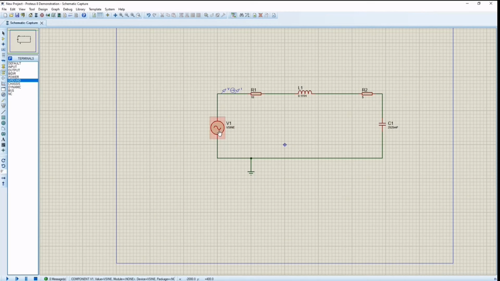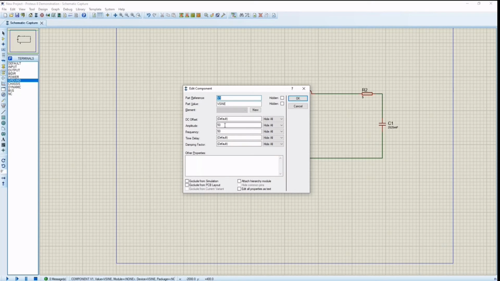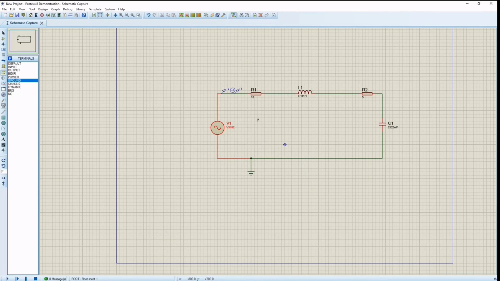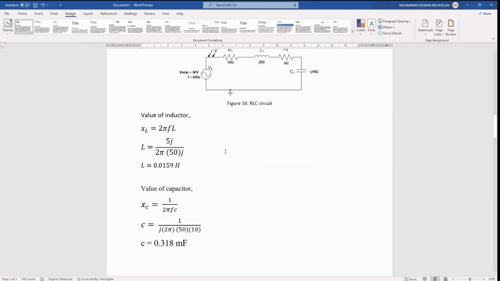And after that, we key in the value of the devices. So I have already keyed in the value for this vSyn, and for our inductor and our capacitor, we have already calculated. To find the value of the inductor using this formula XL equal to 2 pi FL, we found that our inductor value is 0.0159 Henry, and